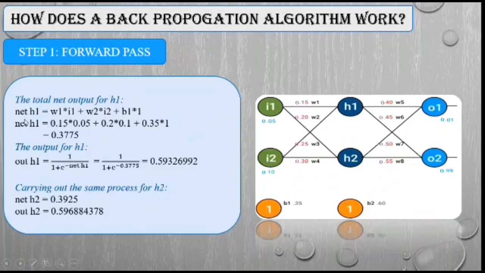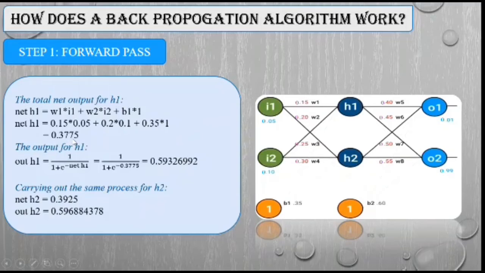So net H1 comes out to be W1 into I1 plus W2 into I2 plus B1 into 1. So when you substitute the values of all this, the net H1 comes out to be 0.3775. But that is just a linear value.